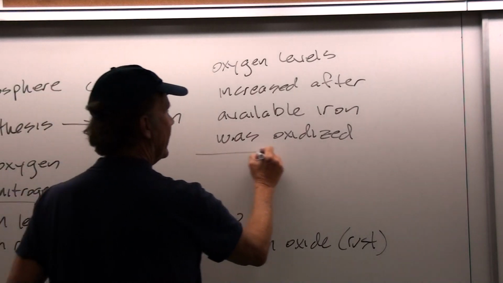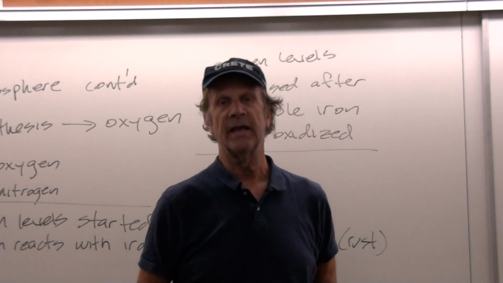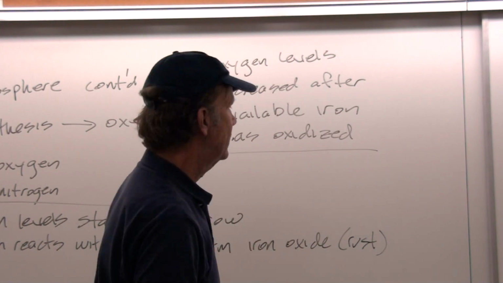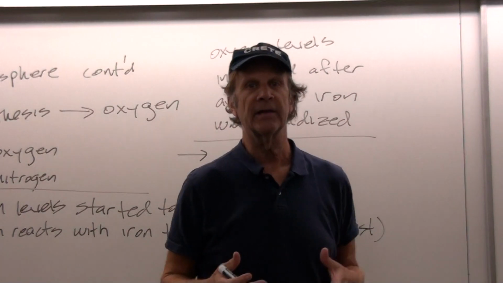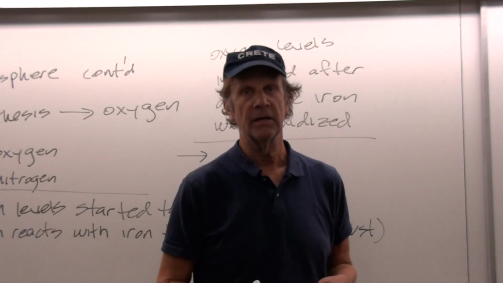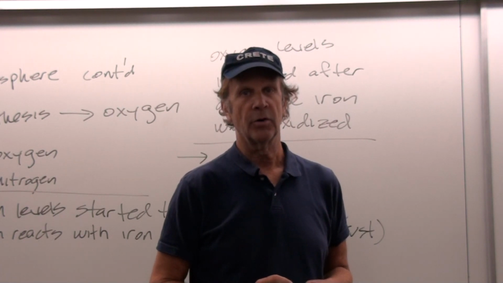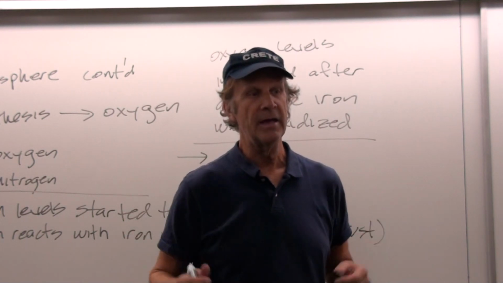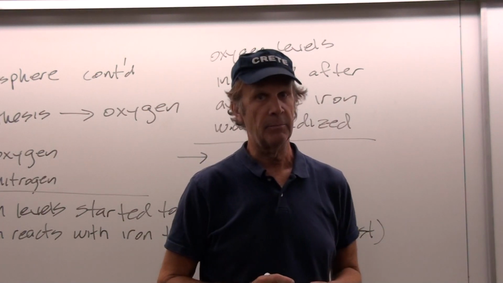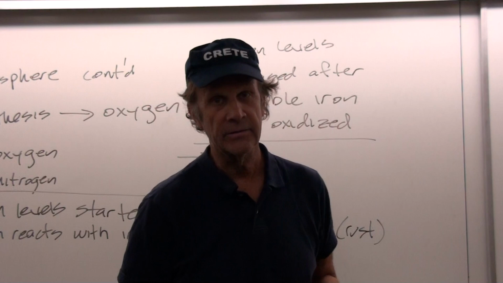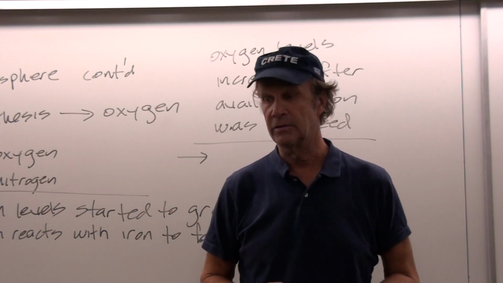Okay, and as the oxygen levels increased in the atmosphere, it reacted with methane. Where did the methane come from? Well, this was the original gas that was produced by the early organic soup molecules that comprise the oceans. And so there's a lot of methane, and that was helping to hold in heat. Turns out that methane is what we call a greenhouse gas. And we'll talk more about that very soon.